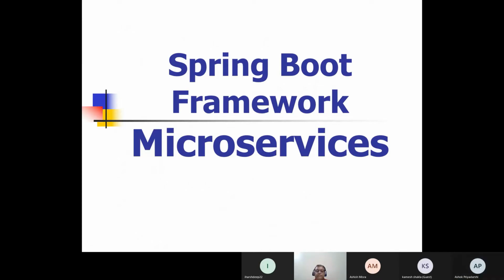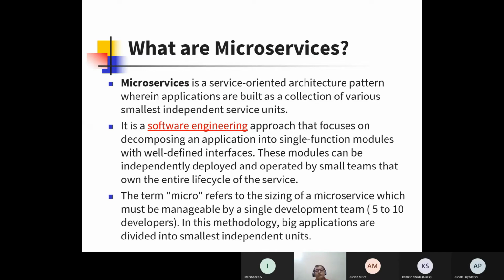Now we will have some basic knowledge of microservices that will help us to understand. So what is microservices basically? It is a service-oriented architecture pattern wherein applications are built as a collection of various smallest independent service units.